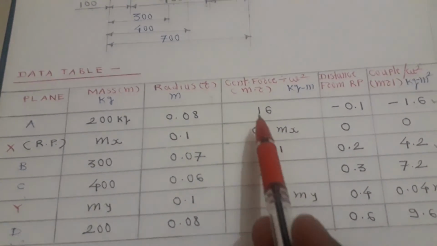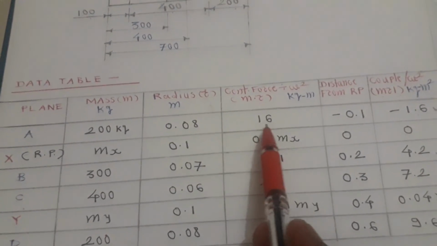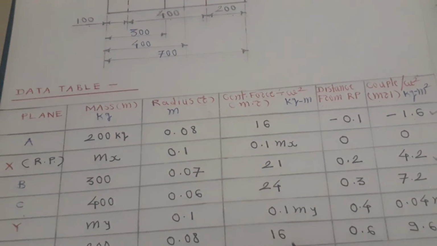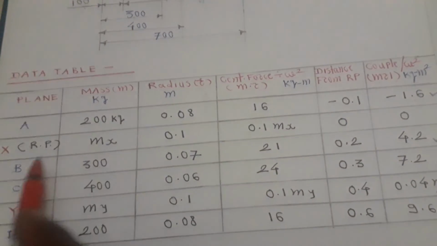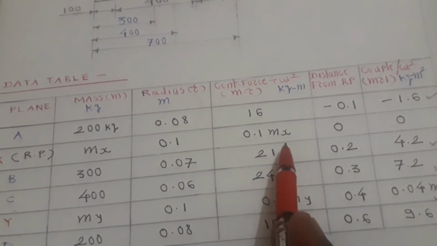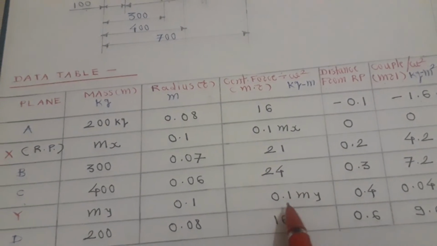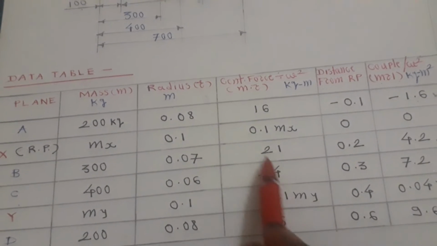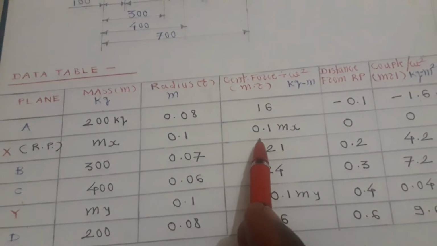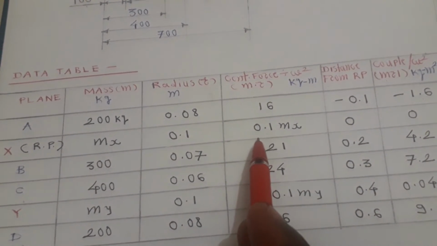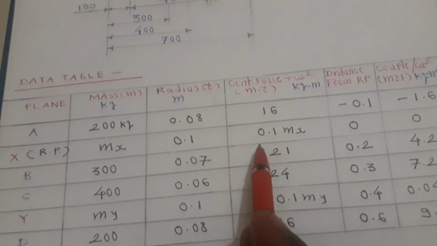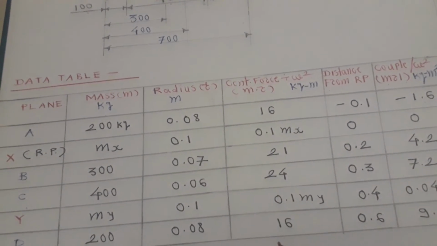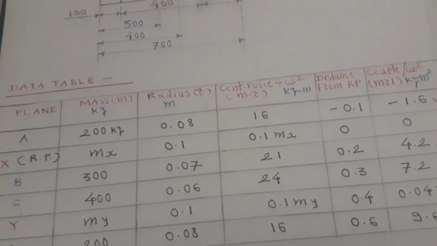Now let us consider this force polygon. Here all the entities we know except the mass at x. The mass at y we have already found out, so there is only one unknown entity. The closing side will be the balanced force at that particular end, so that we can find out.